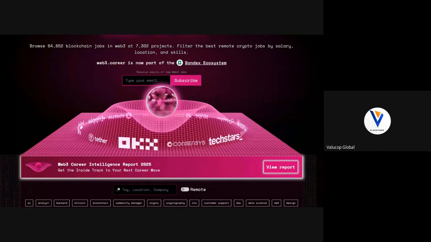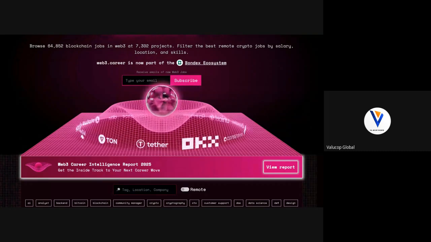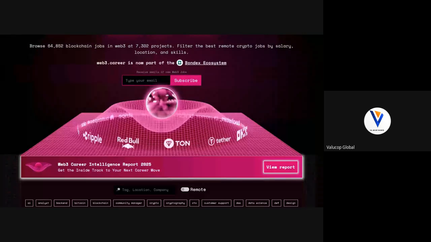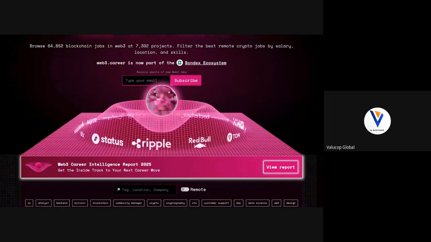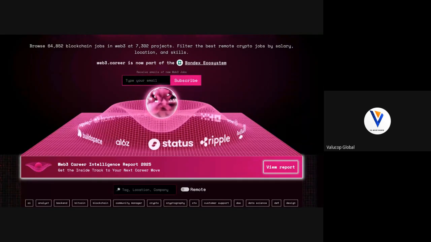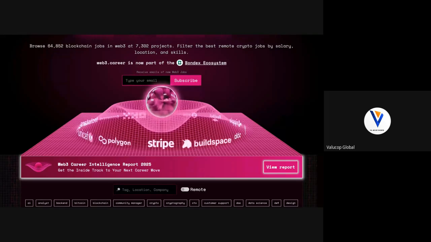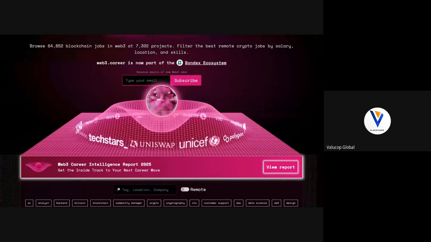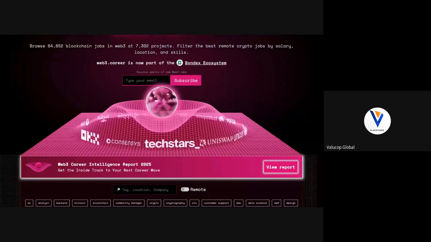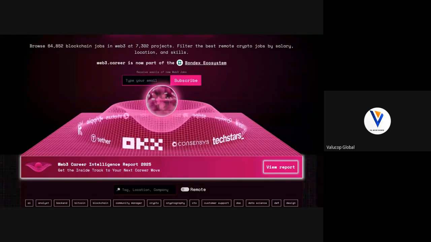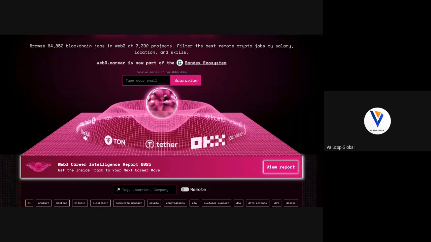We have web development, front end, back end, full stack, and chain specific development, because if you're into development, you will need to learn how to build for specific blockchains. You learn specific languages like Rust, React, and the like.